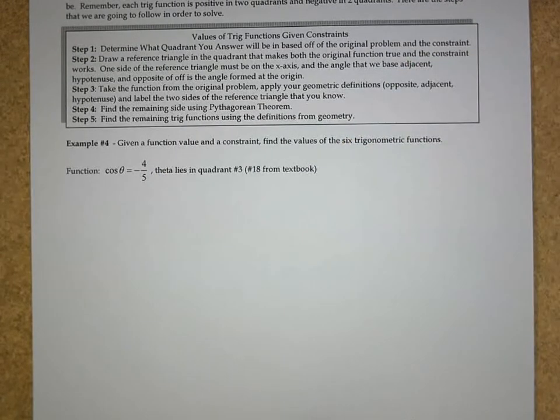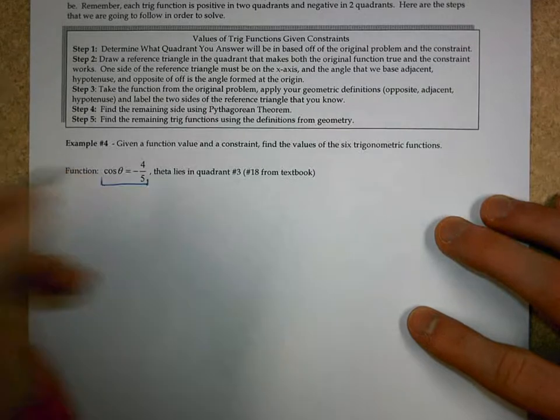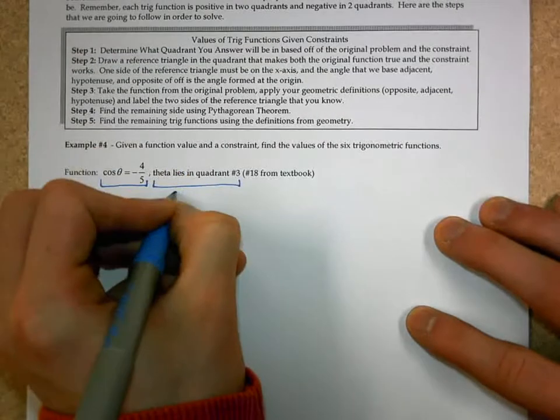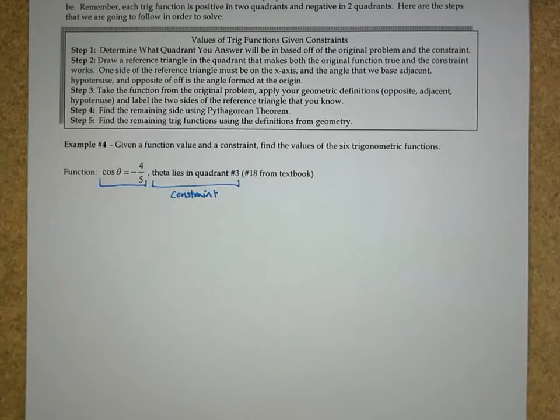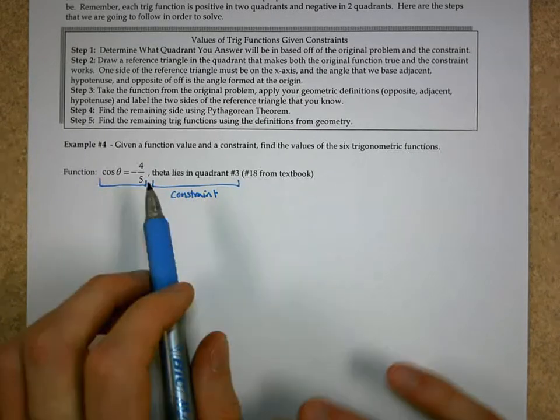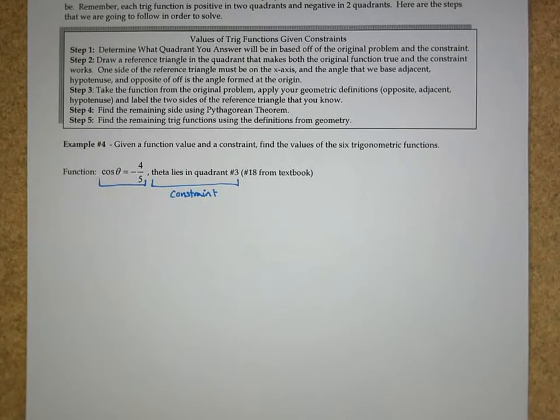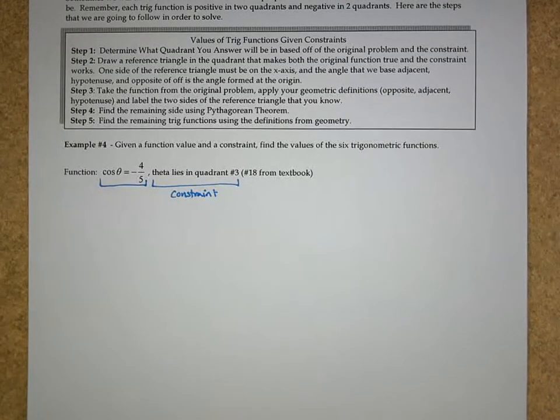And that's where we're going to have a constraint. The first part right here is your problem. The second part is going to be the constraint. And we'll see the constraint written in one of two ways. It's either going to be that theta lies in a specific quadrant, which is going to tell us exactly where our value is going to be drawn at. Or the other way we can see a constraint is have a relationship with another trig ratio. Maybe cotangent would be greater than 0 or secant is less than 0. You're trying to figure out some value that would give me a hint of where my other piece should be